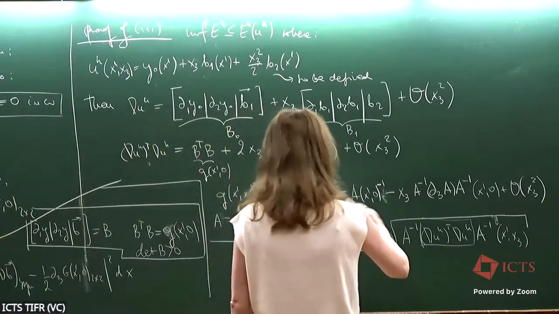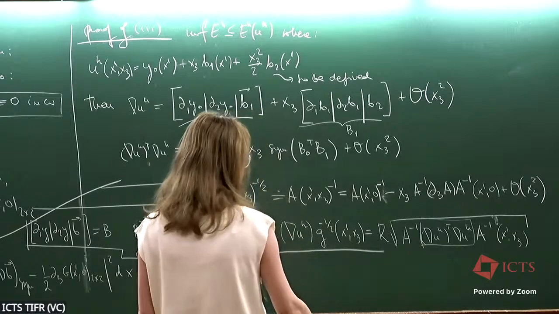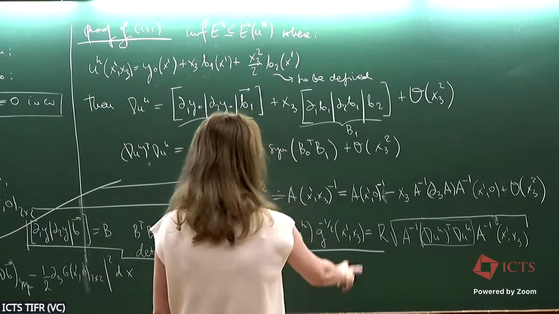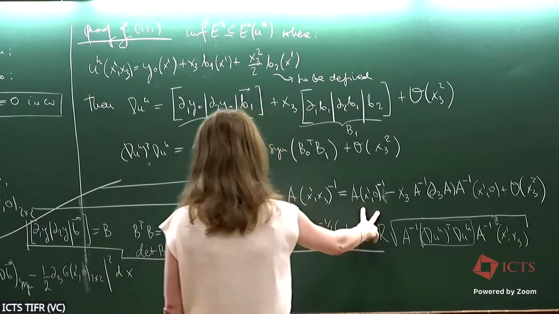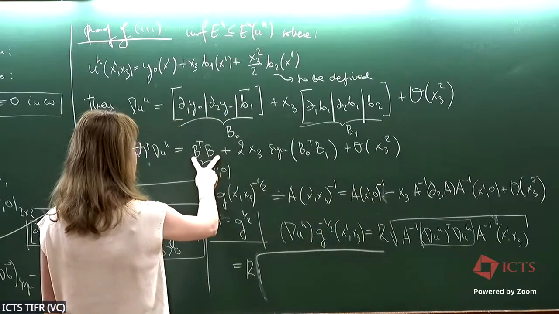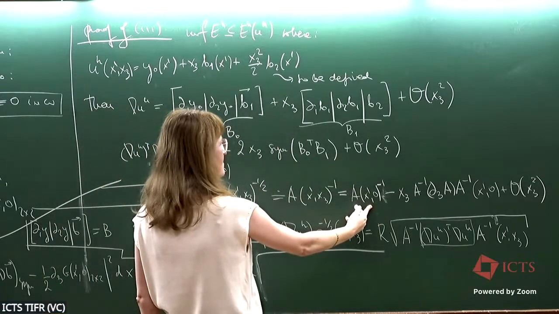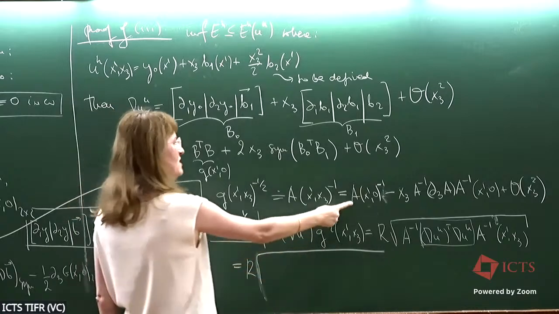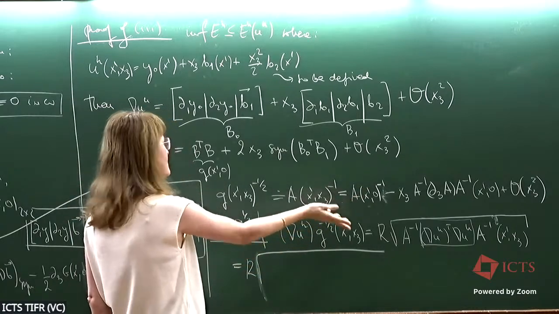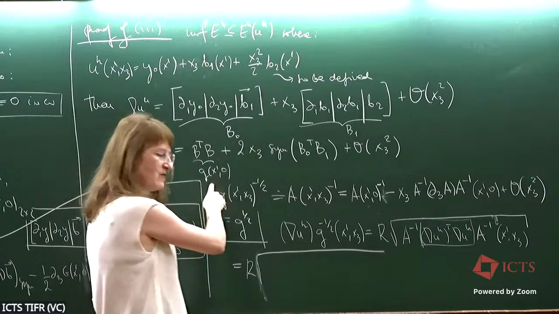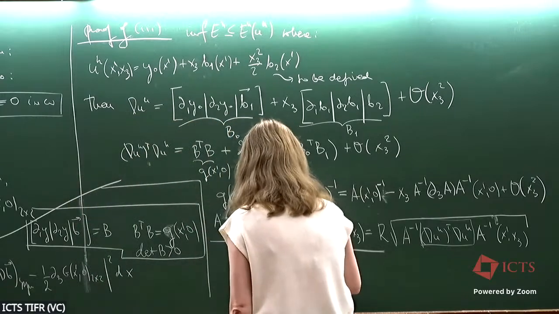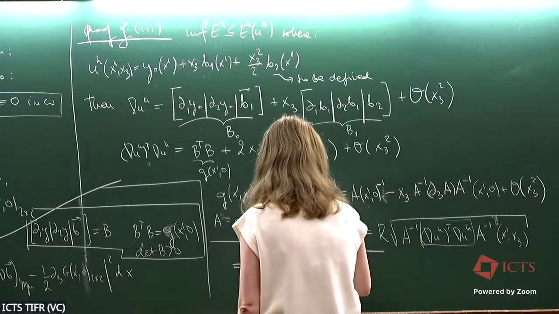First of all, for terms of order 0 in x3, I will have A inverse times this term, which is G, times A inverse. That's the identity, because A is exactly the square root of G. It's the three-dimensional identity, plus